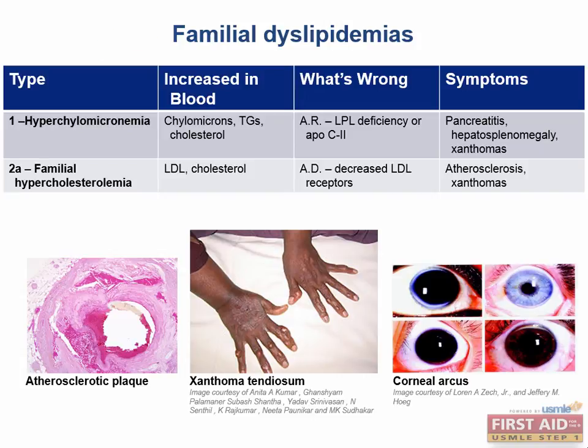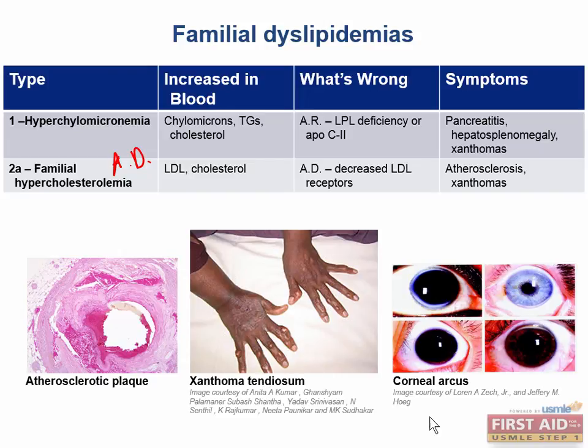Type 2A dyslipidemia is known as familial hypercholesterolemia, and it's characterized by an increased level of LDL and cholesterol. It's caused by an autosomal dominant mutation that results in the absence or a deficient LDL receptor. Without LDL receptors, LDL cannot be uptaken by tissues, and therefore that LDL is going to accumulate in the bloodstream, eventually being deposited in the walls of vessels. LDL carries cholesterol back to the body, from the liver to the body, so cholesterol is going to be increased as well. This is going to lead to atherosclerosis and vessel injury, such as the one shown here in our picture. This can also cause tendon xanthomas and also